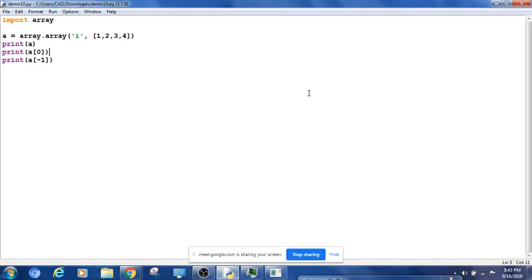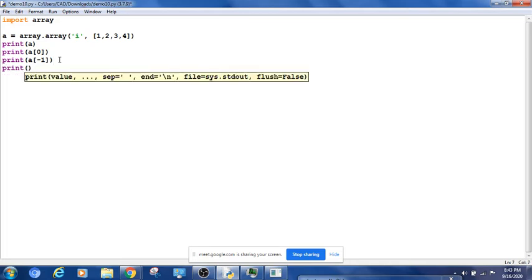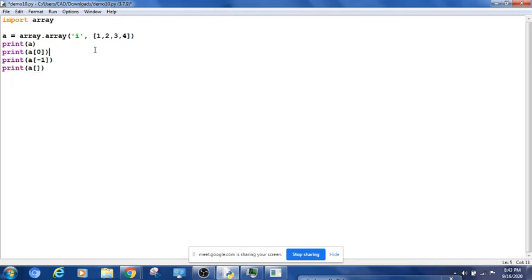Now what if I want to access multiple elements from this? It's simple. Let's use a range slice operator. For example, I want to print only the first 3 elements. The index will start from 0: 0, 1, 2 only I have to print. Then the last index will be 4.